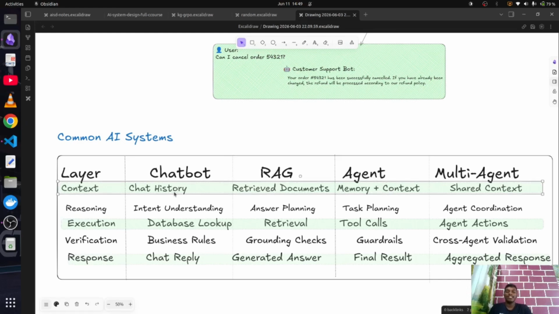It also has the chat history, and alongside it will also take context from various sources. Whereas multi-agent has a shared context, so the context will be shared between the agents. For example, a single agent will have both memory plus context, and for multi-agents, it will be multiple agents sharing the same memory and context. So this is with respect to the context layer among the multiple architectures we have.